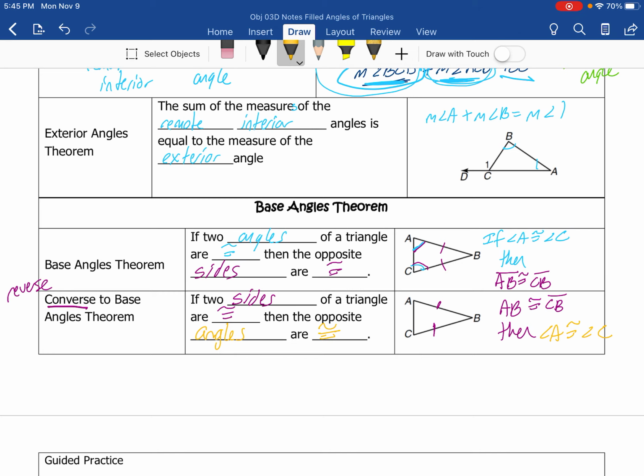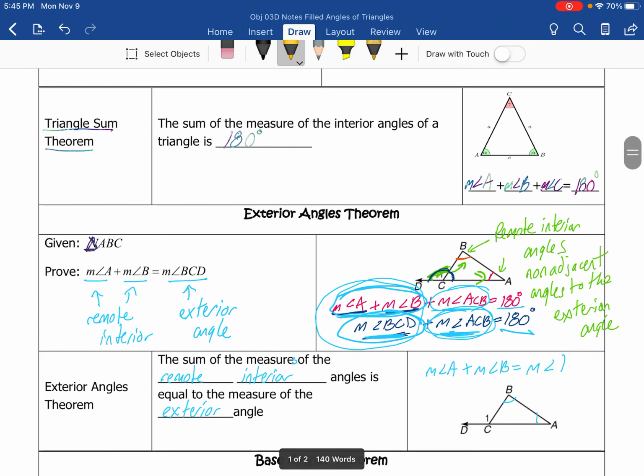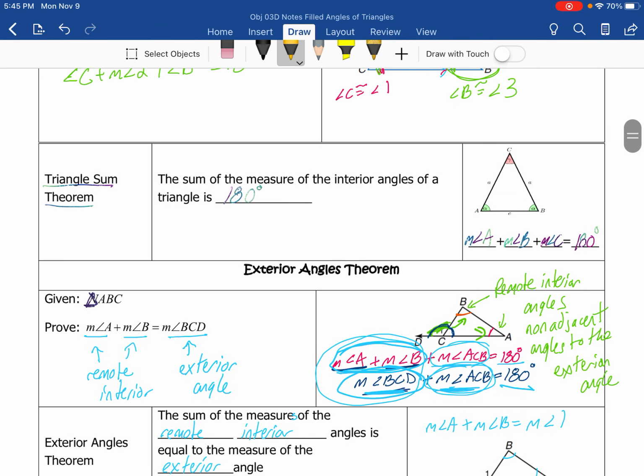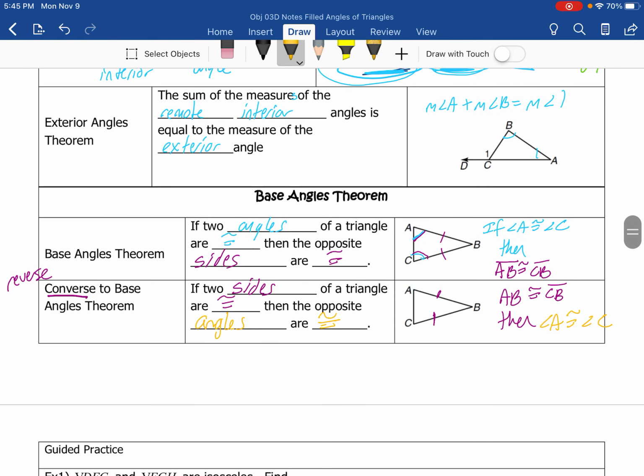So I'm going to end here, and I'm going to have a separate video for the practice problem. So this is the foundational stuff. You should be able to do the practice problems with this foundational information. But if not, then we'll go to the practice, and you can